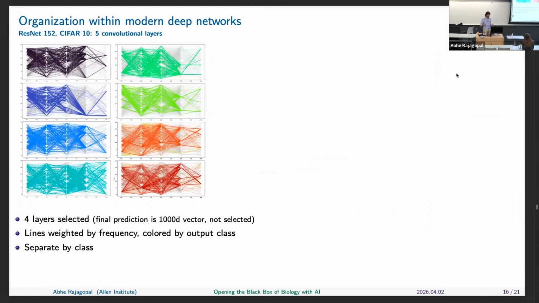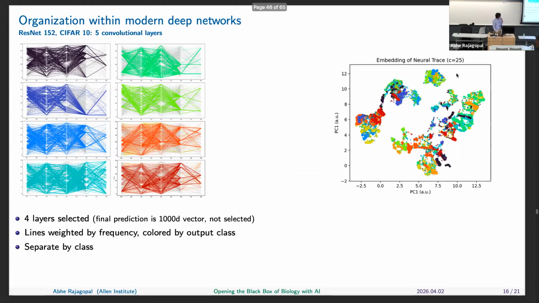But if I separate them by class, what you can see is that each class has a set of traces associated with it that are unique to that class, that represent uniquely what the network is doing at each stage or each layer operation or block of the network. And of course, these are vector representations, so I can UMAP them, and I can reason about how similar the traces are, and why they're similar or not, and which layers they're different in.